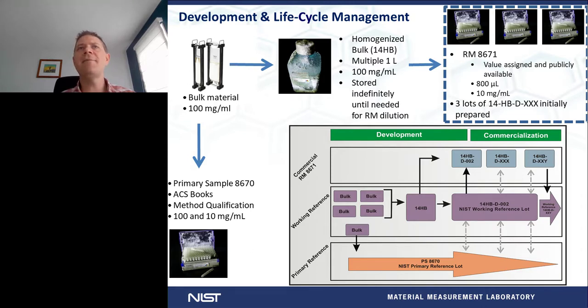Before I get into talking about the qualification of analytical methods and the interlaboratory studies, I wanted to mention something about the life cycle management of this product because it really is unique for a NIST reference material. Although it's modeled after a biopharmaceutical development program, it is unique in that we need to make sure this material is available with the same attributes for the long term. In the upper left-hand corner, you can see the bulk material that we received. This is the bulk NISTmAb material, 100 mg per mL. We diluted one lot of this material to make our primary sample. So this is our in-house primary standard material and also our collaboration material.